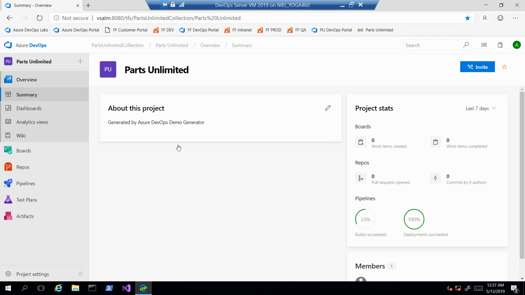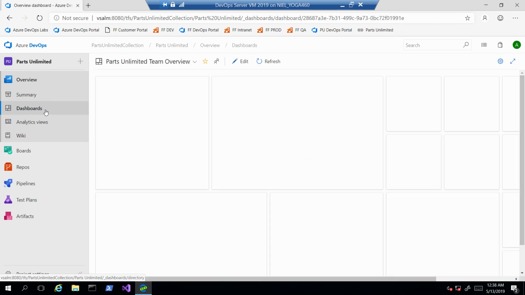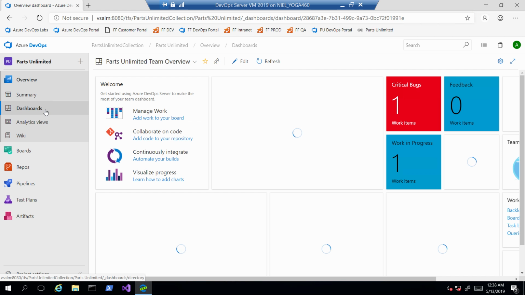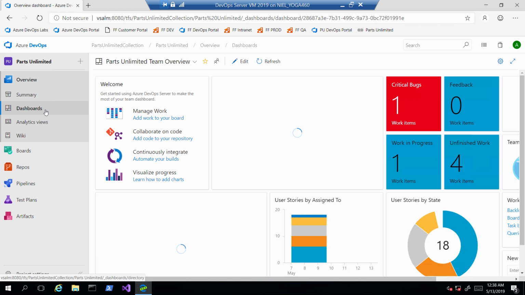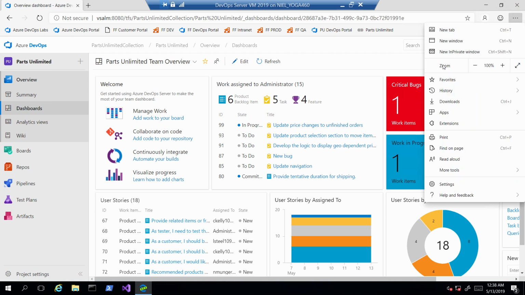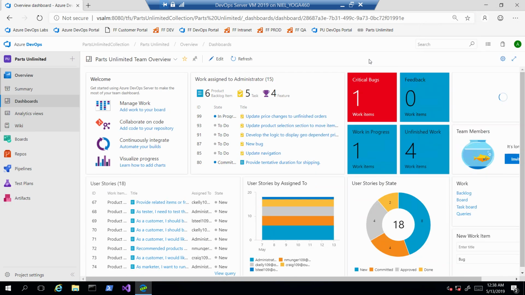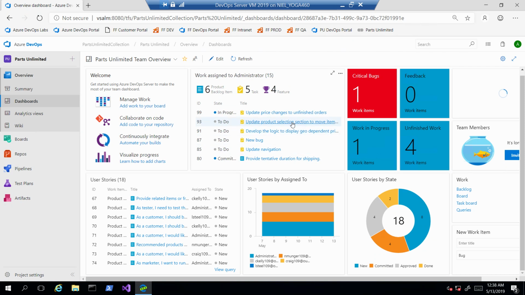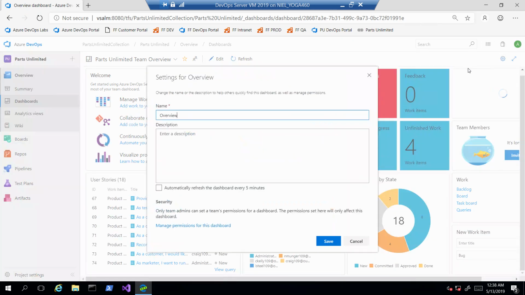If I go into the team project, there we've got the contextual bounds from the team project. So we've got a summary page. This is just bits and pieces. The dashboard, this is our view into this team project. So this will show us what is actually happening. These are all widgets. They are customizable. We can go and add